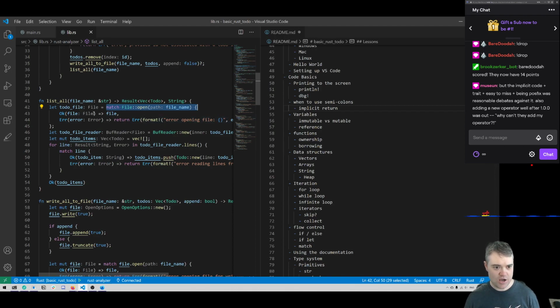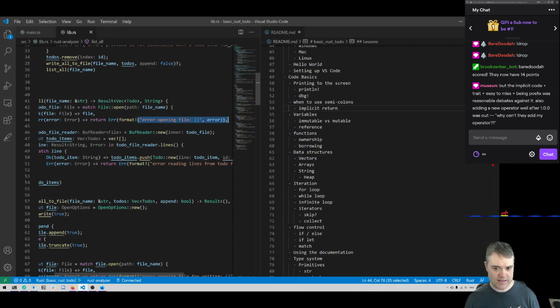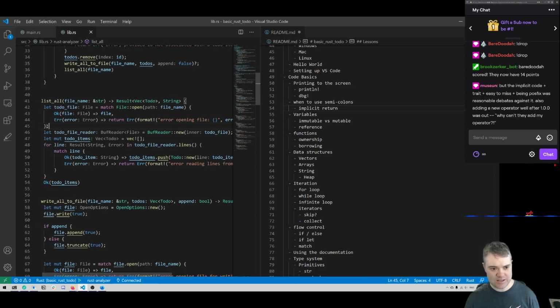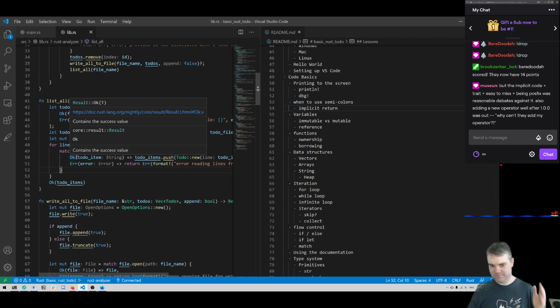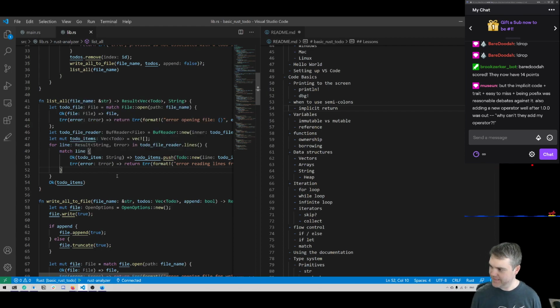So like this, okay, file, I'm returning file into here. And then this one, I have to do a specific return call to go out to here. So it gets interesting. So then I need a semicolon because I'm returning into here, and I don't need a semicolon because I'm not returning. So it's interesting. The implicit code plus trait plus easy to miss plus being